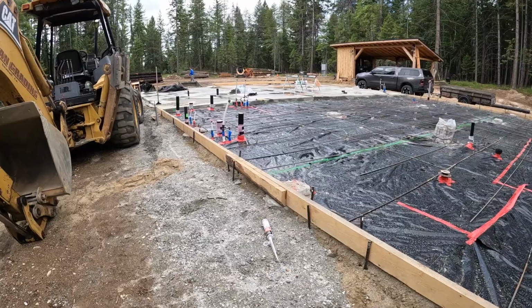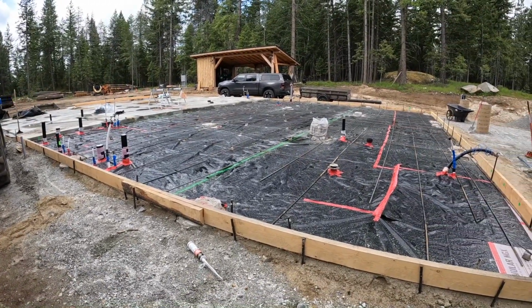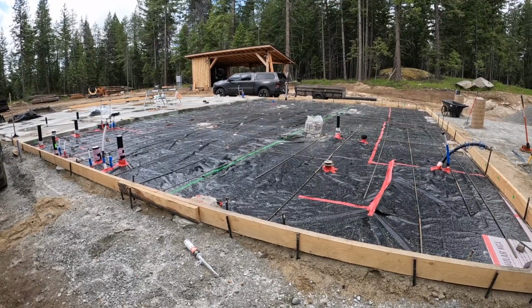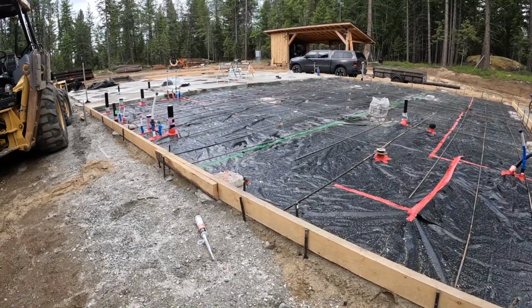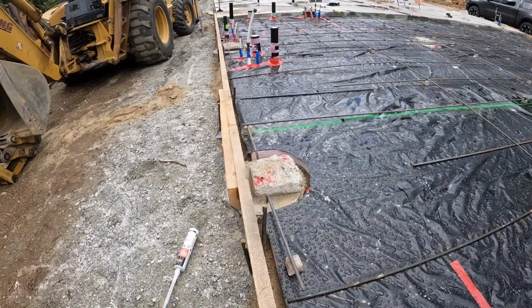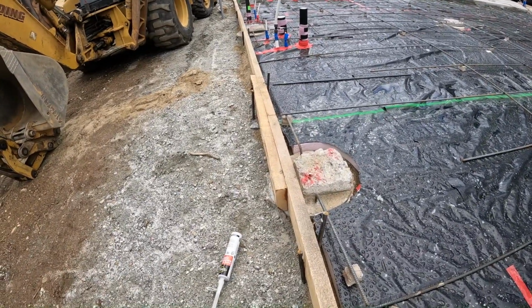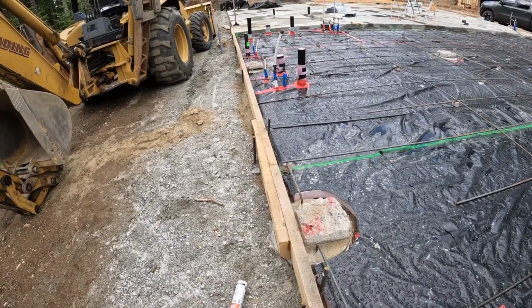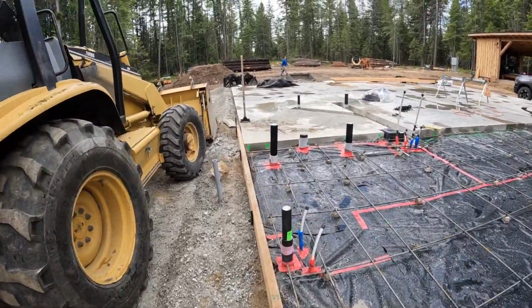Well, we're out here the next morning. Let's see, we got well over half of the rebar tied. Yesterday, epoxied all of the tie-ins to the piers, and then epoxied all the holes for the extrusions,